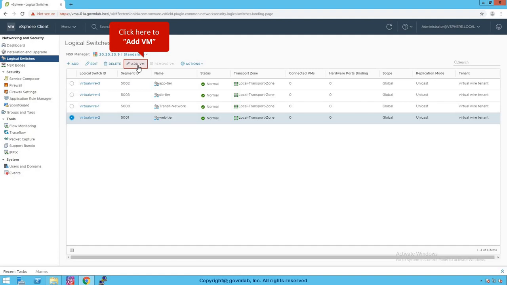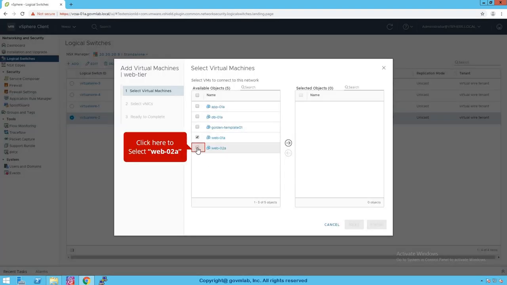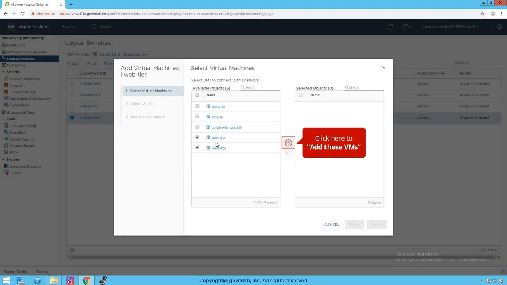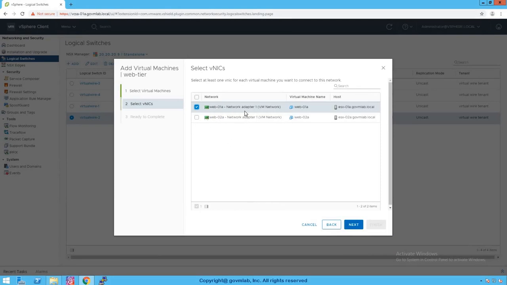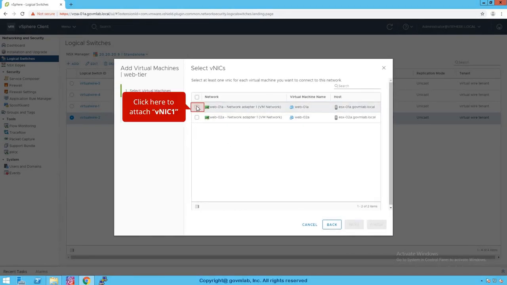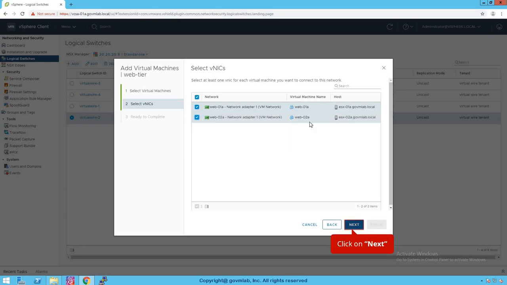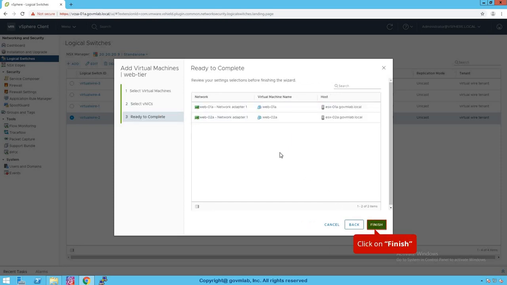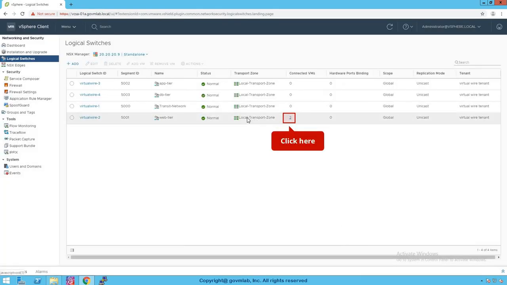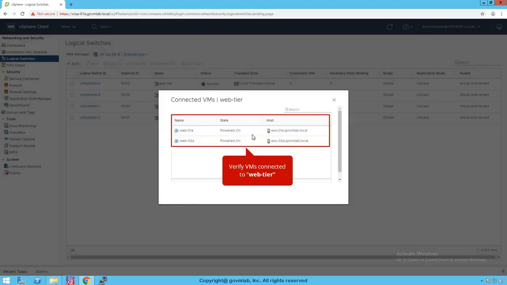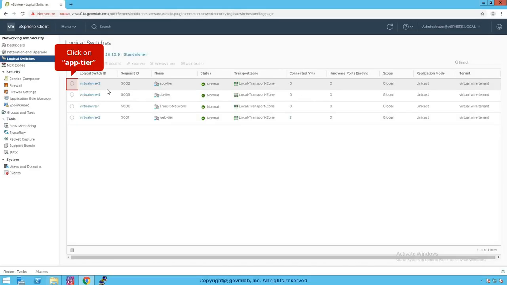Click here, there is the option Add VM, and let's select our web VMs named web01A and web02A. Click here to add these VMs, click on next, and it represents a network adapter. Select the network adapter of both VMs, click on next, and as you can see, we have two VMs connected to a logical switch named web tier. It's pretty straightforward. Click here and you can validate the VMs which are connected to the web tier switch.